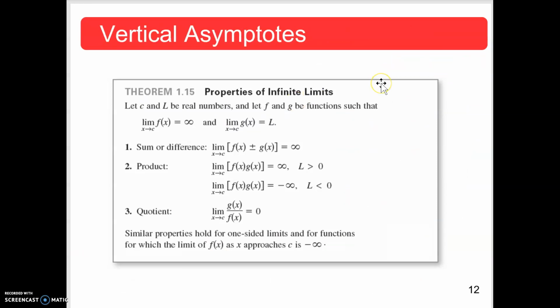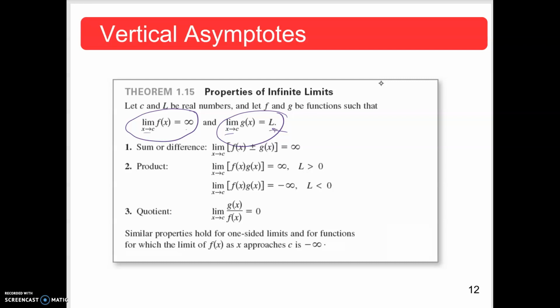And here are some properties. You've studied properties of limits before. These ones should sort of make sense. So let me explain this. We have one limit that's infinite and one limit that exists. Okay, so as you come into C, then if one guy is infinite, what happens if you're adding or multiplying